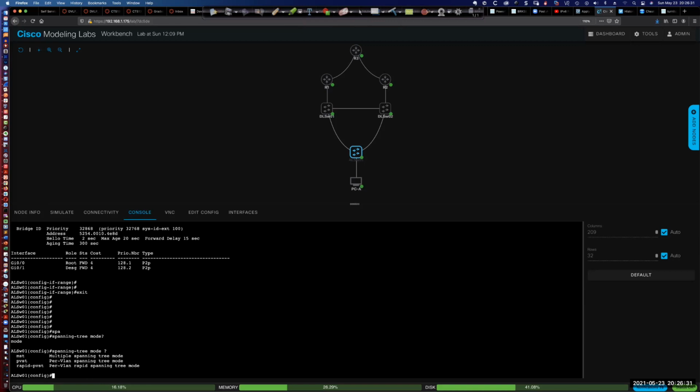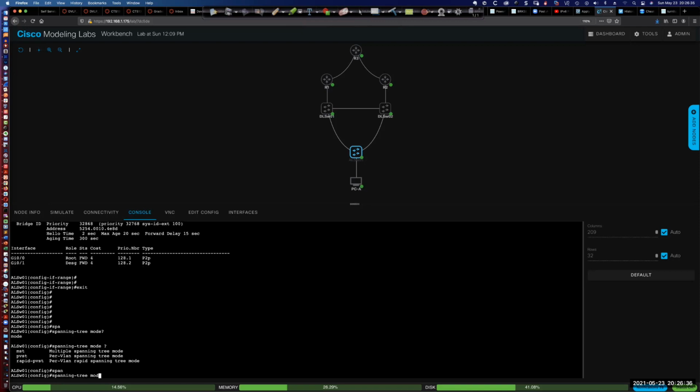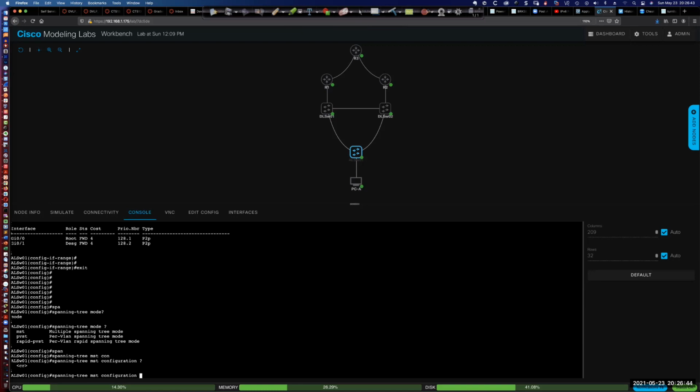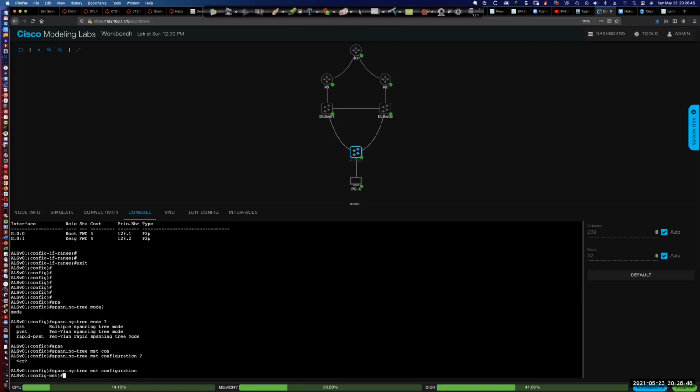Now we're going to go ahead and create our multiple spanning tree. So we're going to say spanning-tree mst configuration. There we go. And so that puts me into multiple spanning tree configuration mode, where now I'm going to be able to create my instances, assign the VLANs to the instance. We're going to create a name for this multiple spanning tree instance, and I'm going to talk about the revision number. Now,